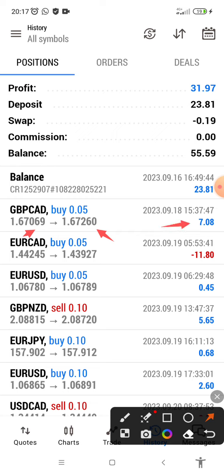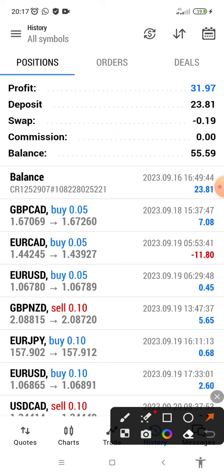So that is a 20 pips profit, and that is the amount it gave us here. 1.67069, and then it moved to 1.67260, about 20 pips. So the 20 pips gave us $7.08. The second trade that was taken was Euro card, also a buy, but the trade didn't go buy, it